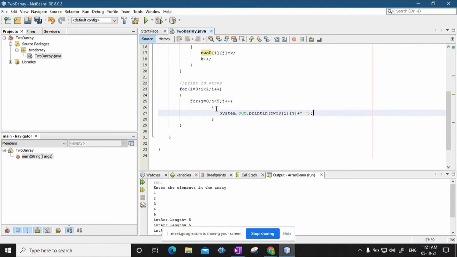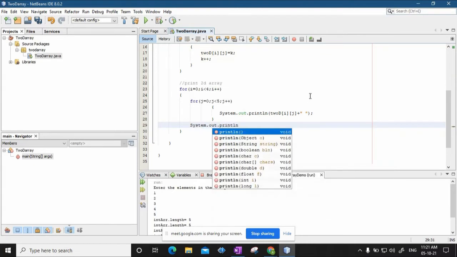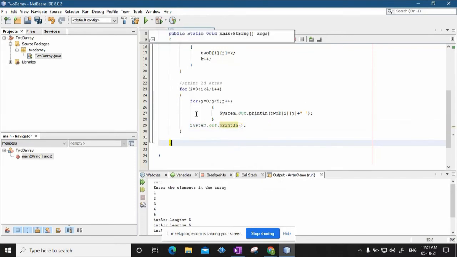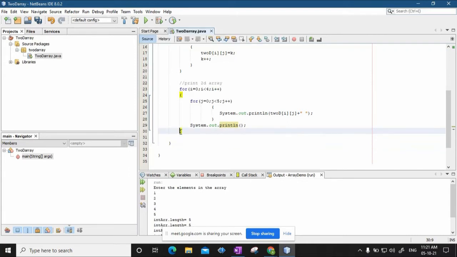So when you come out of the inner for loop, one thing is sure, that your entire row is printed, and I am going to the next row. Now the next row elements I want to print on a new line, so I will just put a blank new line. So I'll just say system dot out dot println. So if I just write system dot out dot println, what will happen is, after the inner for loop, when you come to the outer for loop, it will take you to a new line, so that the next row can be printed, and so on. So this will go on printing. Let's see whether this works.